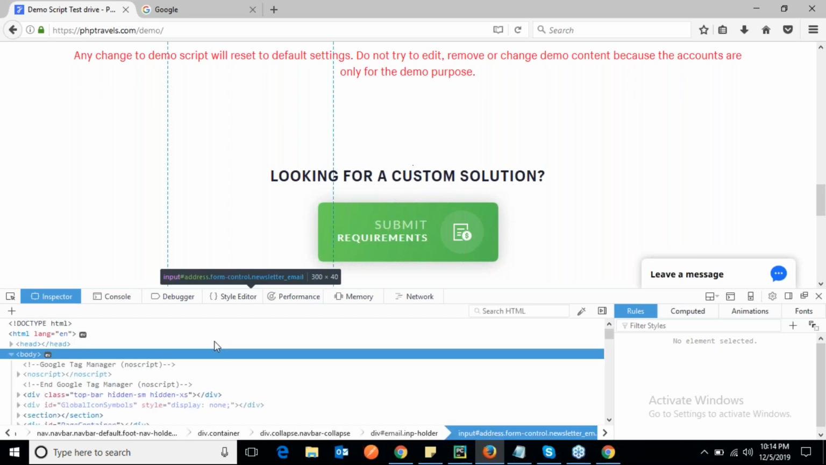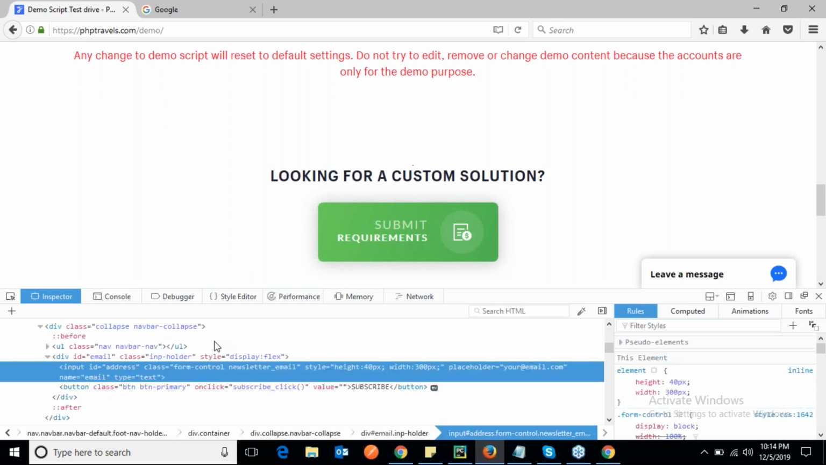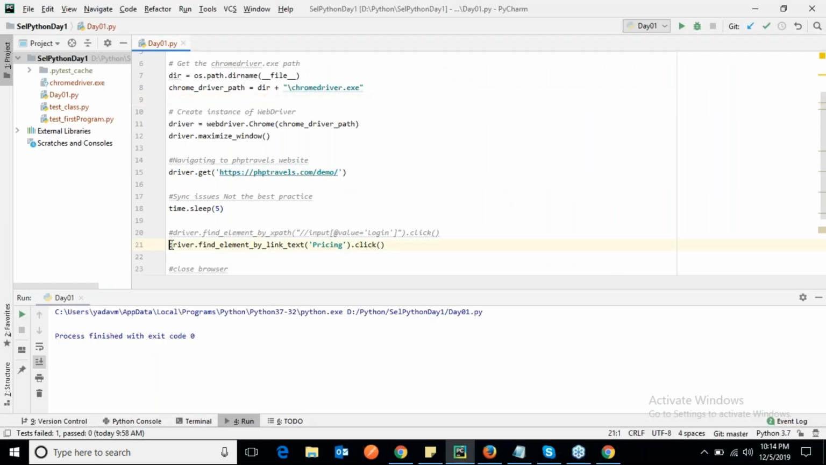You see that the field has an ID, that is address, and it has a placeholder name as email. So let's try to use this ID. Okay, I don't want to go to this pricing page. What I want to do,